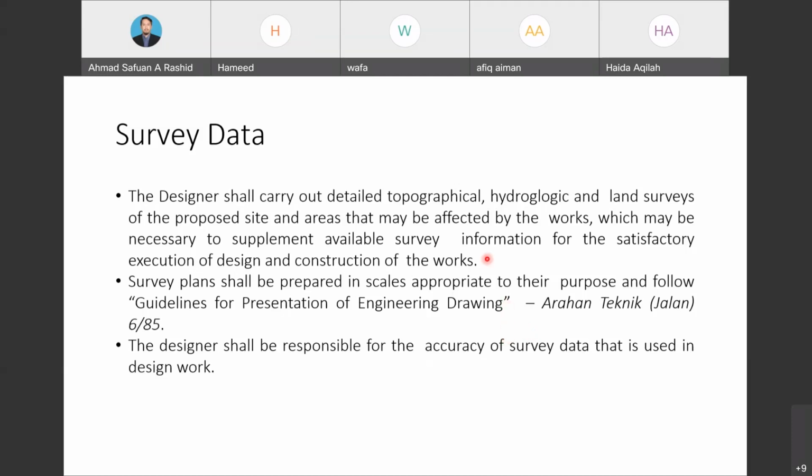Okay. So normally when I've been asked to design, okay, or to check for the stability of the slope, so I need to have the topographical data, okay, and also from the site investigation work. Okay. So basically for the hydrologic, okay, it's not necessary for me, unless if I want to carry out a very thorough study. For example, if the study is related to the slope failure, okay, so we need to get the hydrologic data, okay, in order to investigate what is the main cause of the failure.